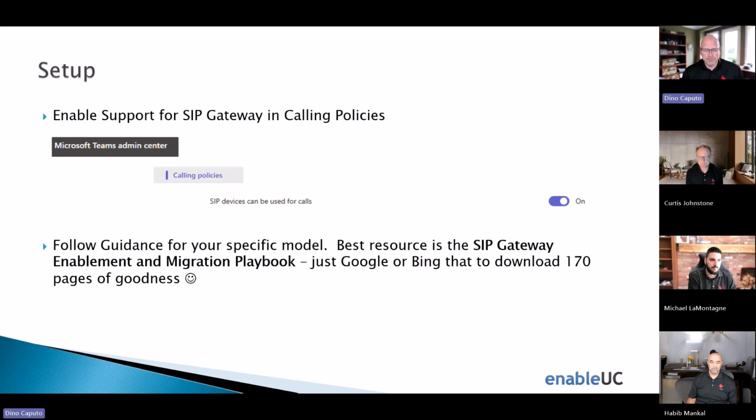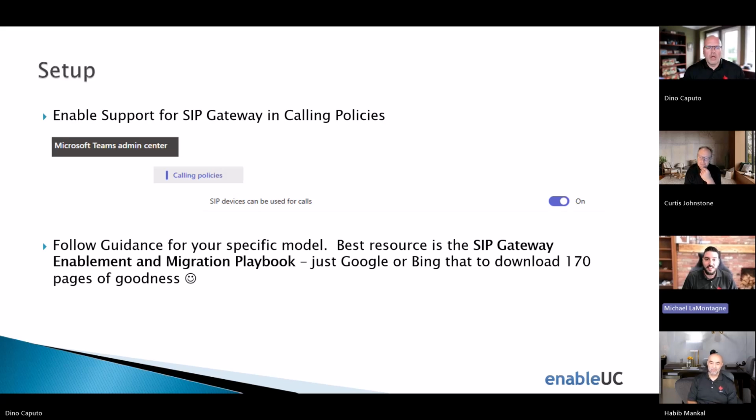Great. Michael? Yeah, I was just going to talk about that playbook. It's buried pretty far in the Learn pages because it was around the whole Skype migration documentation. But it's by far the best resource around getting SIP Gateway working. Unfortunately, all that content's hidden in a PowerPoint in an IT admin migration link. But like you mentioned, that is probably the easiest guide to use, even better than the Learn pages